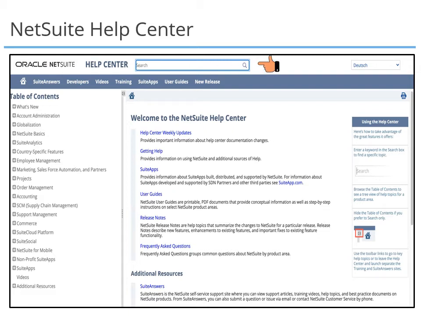From your dashboard or from anywhere in NetSuite, click on the Help button in the header to enter the Help Center. A new window will open displaying the image above. Once you are there, you will find context-specific instructions for many topics. You will also have the ability to enter search terms, open printable PDF guides, watch informative videos, and more. NetSuite Help Center provides NetSuite Glossary, Help Guide, Suite Answers, training videos, user guides, page and field help.